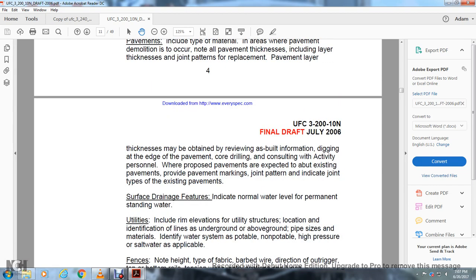Replacement pavement layer thickness may be obtained by reviewing as-built information, digging at the edge of the pavement, core drilling, or consulting personnel familiar with the existing pavement. Provide pavement marking, joint pattern, indicating the joint type of the existing pavement, surface terrain and features, including normal water